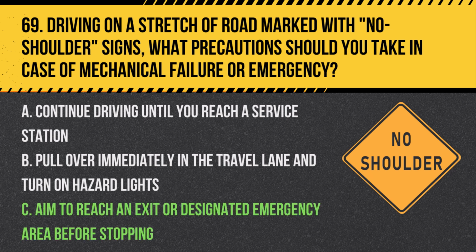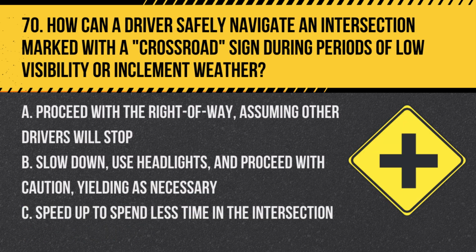Answer C. Aim to reach an exit or designated emergency area before stopping. On roads with no shoulder signs, it's safest to continue to an area where stopping does not impede traffic or create a hazard, such as an exit or emergency area, in case of an emergency. Question 70. How can a driver safely navigate an intersection marked with a crossroad sign during periods of low visibility